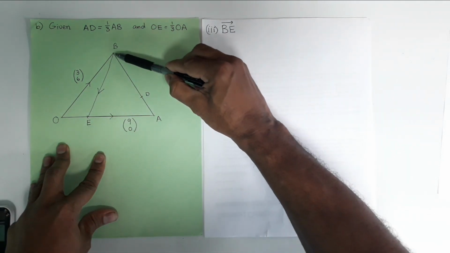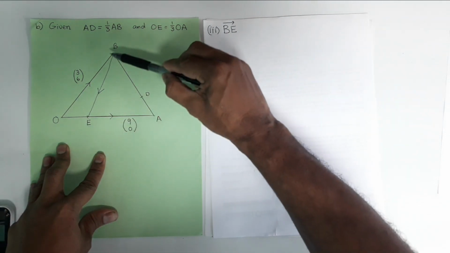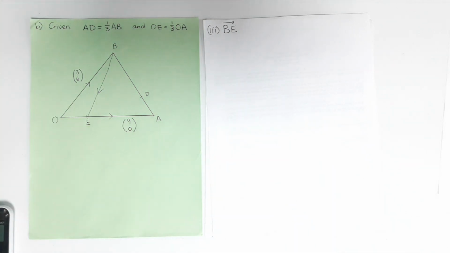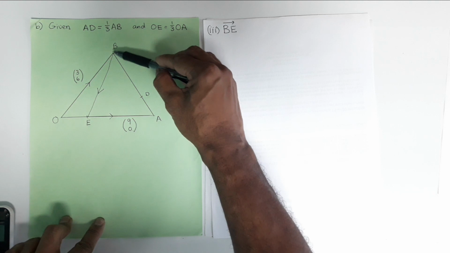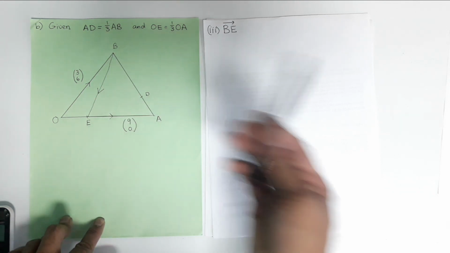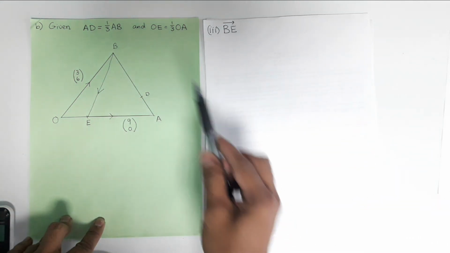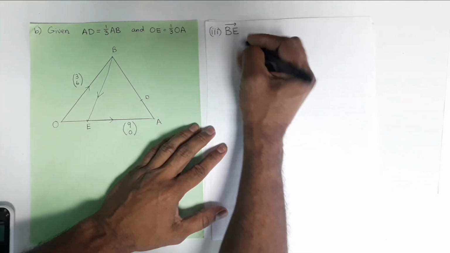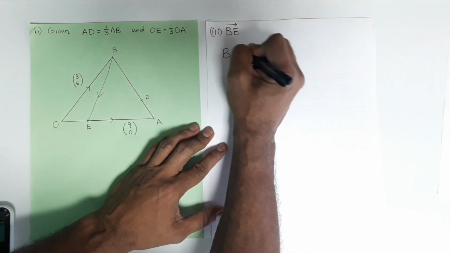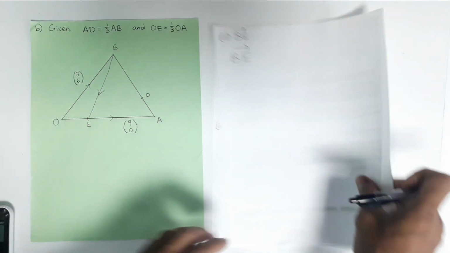BE is from B all the way to E. Whenever I teach my students vectors, I always tell them BE is the easiest way to walk from B to E. But how else can you walk from B to E? You go from B to O and O to E. So the plan to find BE, oh sorry,